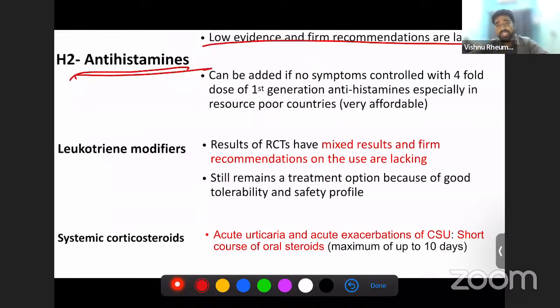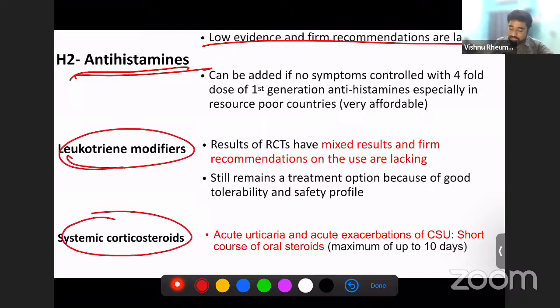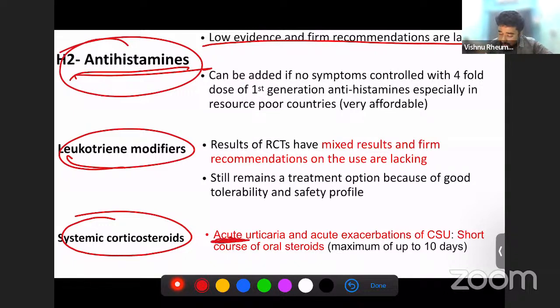Also remember that most of these agents do not have very strong RCTs, but we have formulated our own algorithm for treatment. So neither do leukotriene modifiers nor do systemic corticosteroids. Nothing has very good RCTs, but they are how the treatment algorithm goes. So first, second generation antihistaminics, leukotriene modifiers, and systemic corticosteroids, especially in acute cases where we use a short course